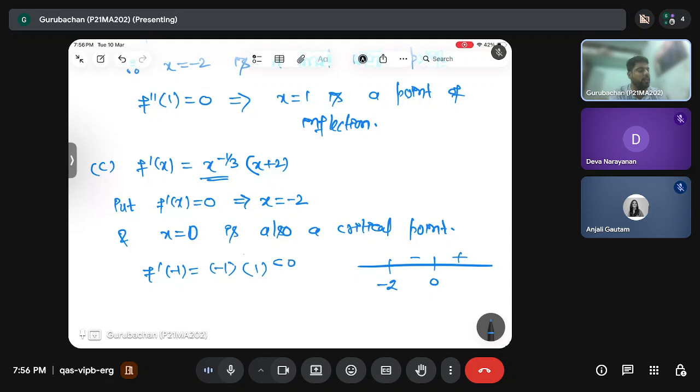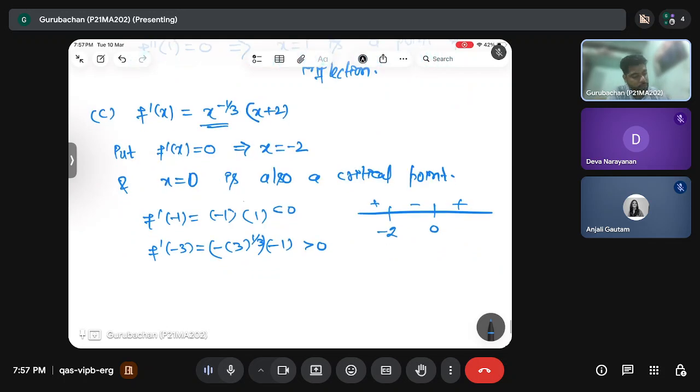So this will be a negative number. And before the minus 2, it will be positive. F dash at minus 3, this will be some minus 3 to the power 1 by 3 into minus 1. This will be a positive number. Therefore,